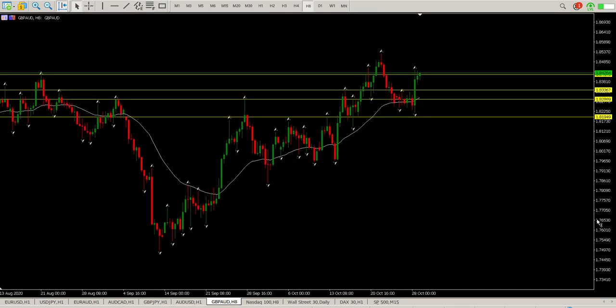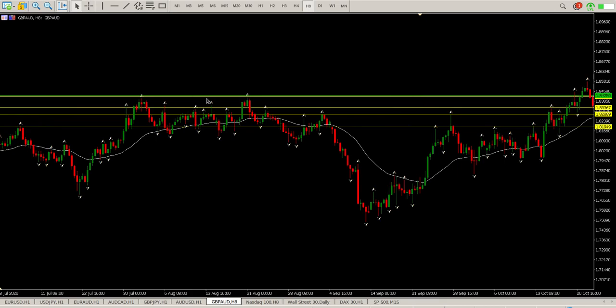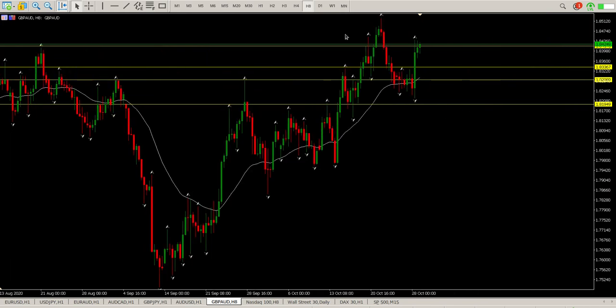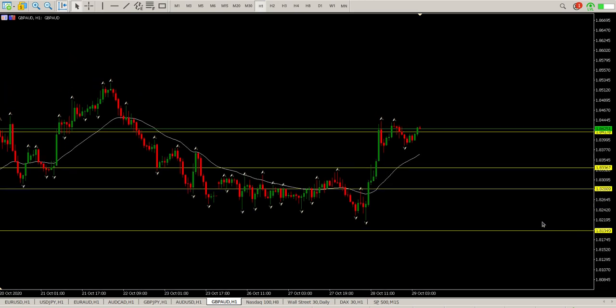British pound, Aussie dollar. So we had this move down. We've had a long period of consolidation here, barbed wire consolidation, tail to the upside, tail to the downside, and then we've broken back up. Now, this is a massive area of resistance that we are trying to break through, and there's even bigger head and shoulders here as well. So looking at the hour, I think this for me is still looking like a good opportunity to buy into. Okay, so what we'll be waiting for,